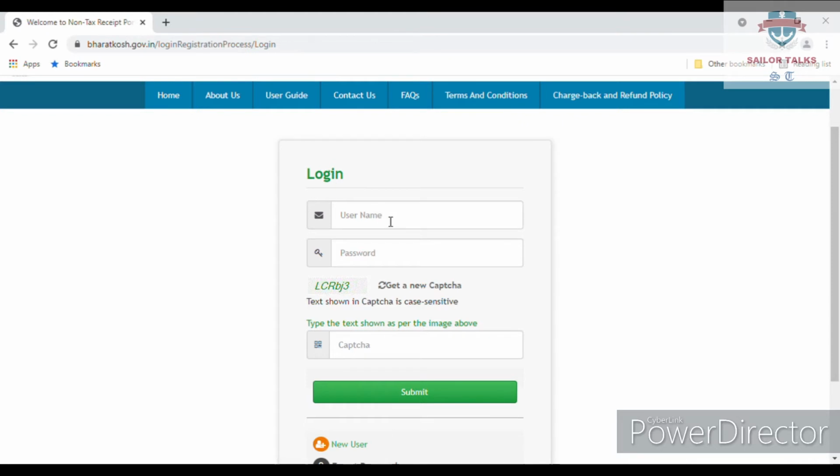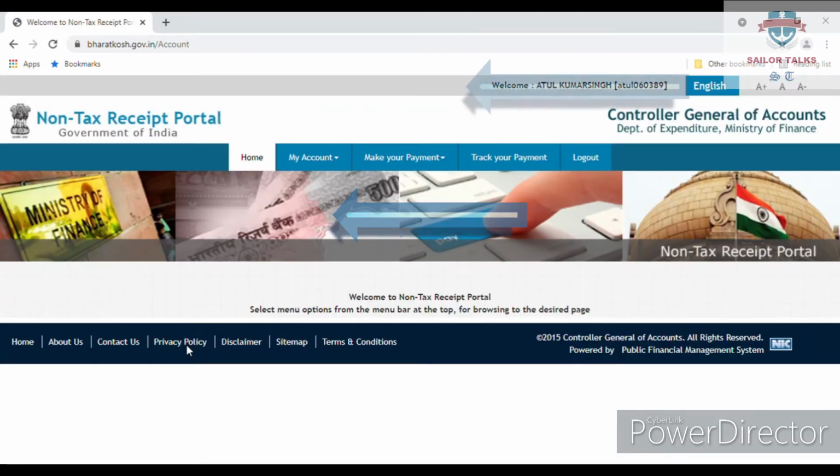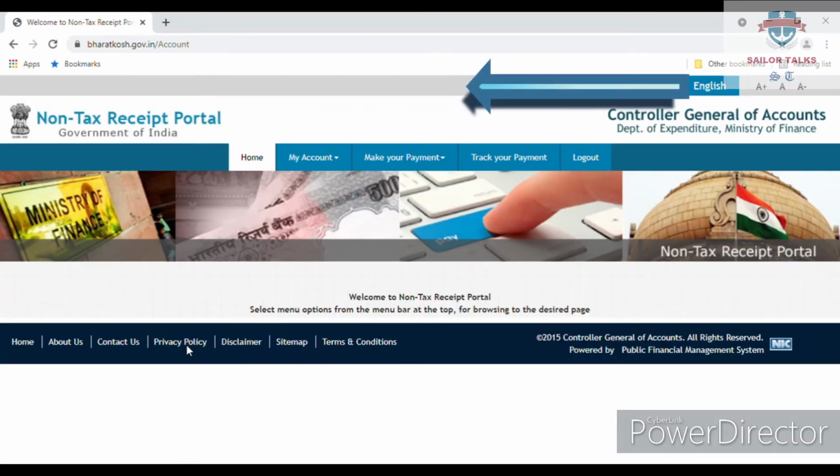Here you write your username and then you write your password. Then you type the CAPTCHA and then you click on submit. Now you can see you have been successfully logged in to the Bharat Kosh portal.